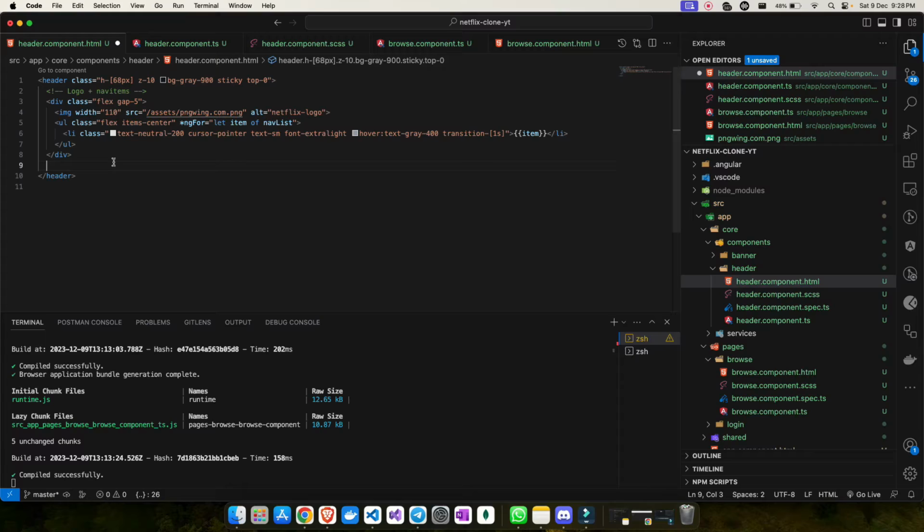So now two things I have to do. Let me tell what that is. You need to show the username, like welcome user, and just after that you should have your user profile, which is your profile image. And after that you need to implement a sign out button, something like this.